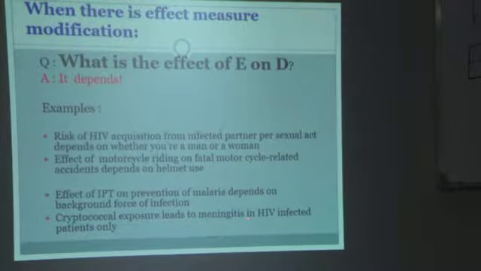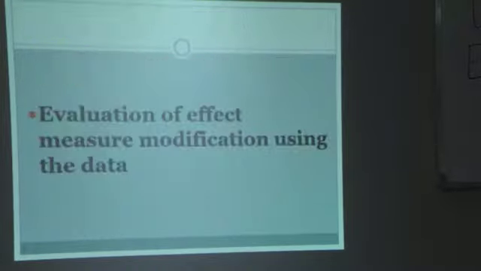If you have no HIV, this yeast will never cause you disease. HIV modifies the effect of cryptococcal infection on meningitis. So you cannot report that effect without telling us the HIV status, because the answer depends on whether or not